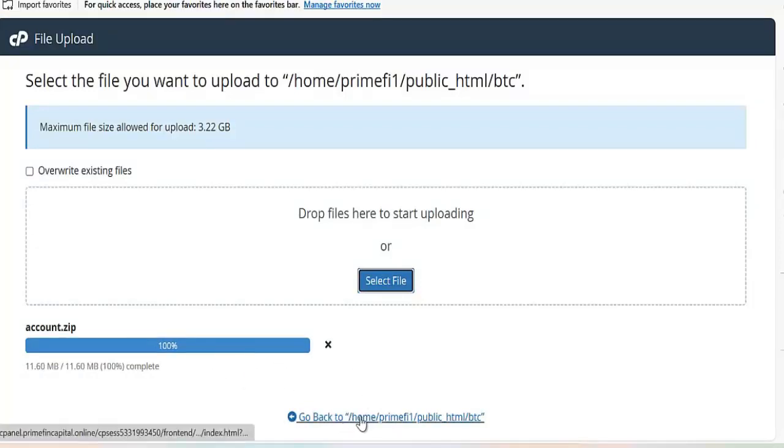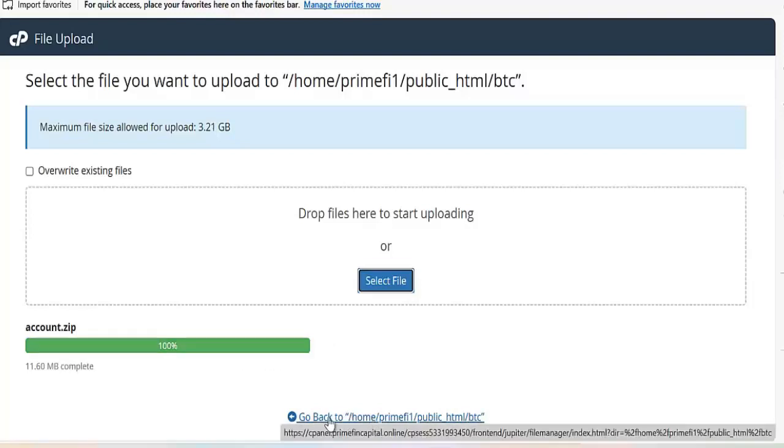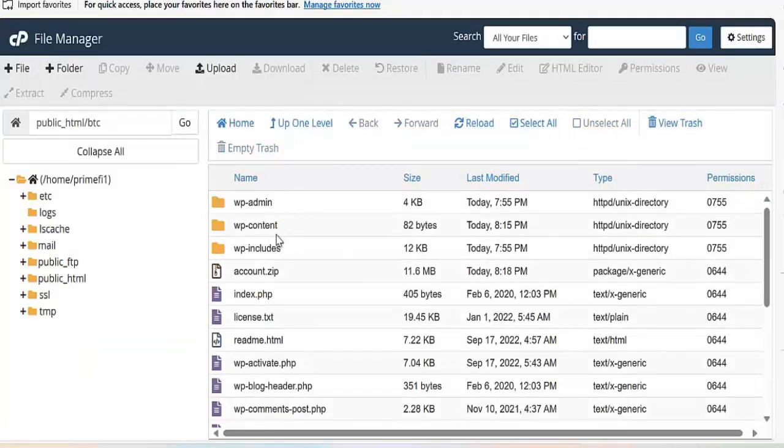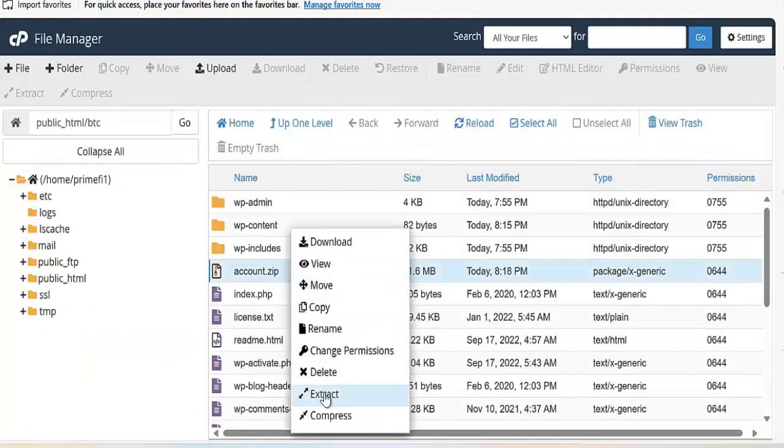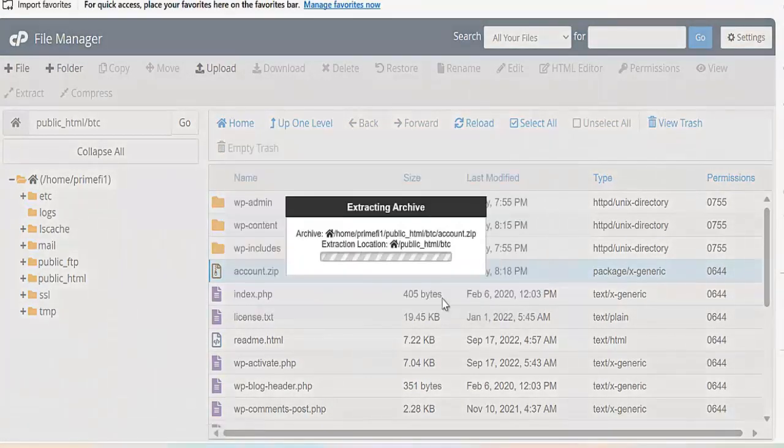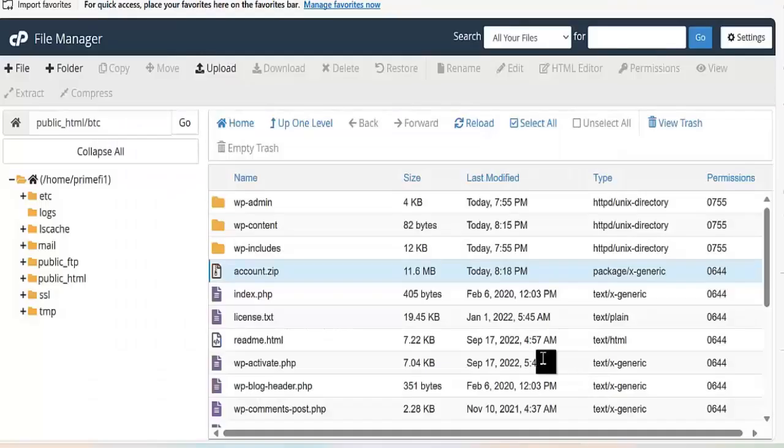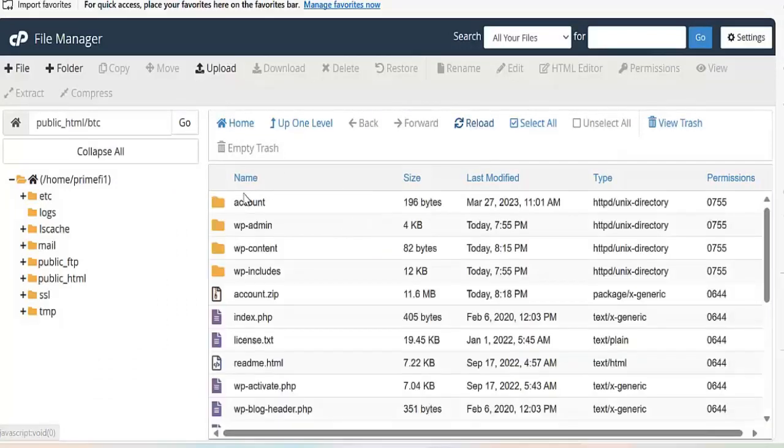All right, so now I'll click on go to home. This is the account, so right click on it, extract files, close. Right, then reload it here. Can you see the account? This is the folder. All right, now since this has been done, for me to connect it with my backend,